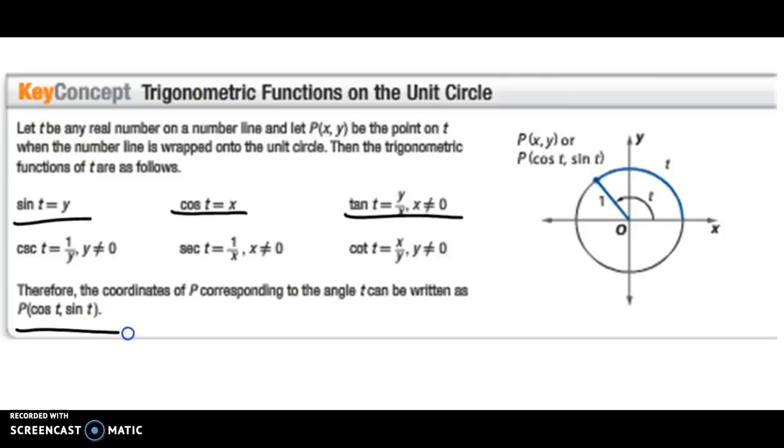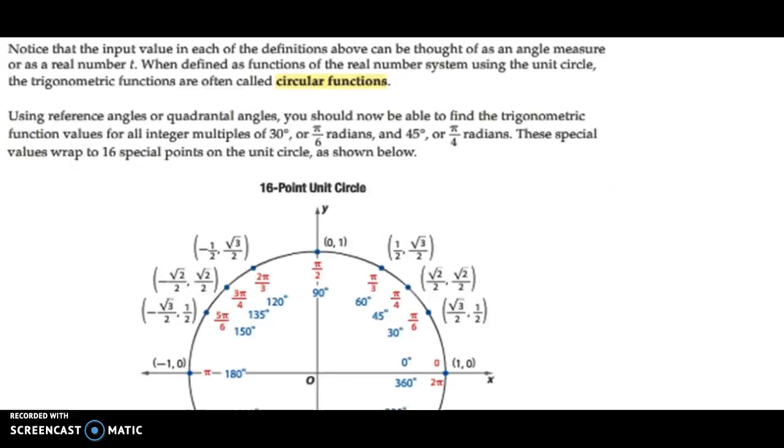So essentially this is what we have to remember. And the way I remember it is like this. In the alphabet, C comes before S, just like X comes before Y. So I know that my cosine has to be my first point, and my sine has to be my second point when I'm looking at a point on the unit circle. All right, so